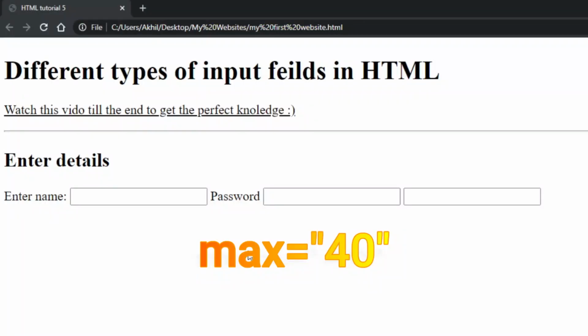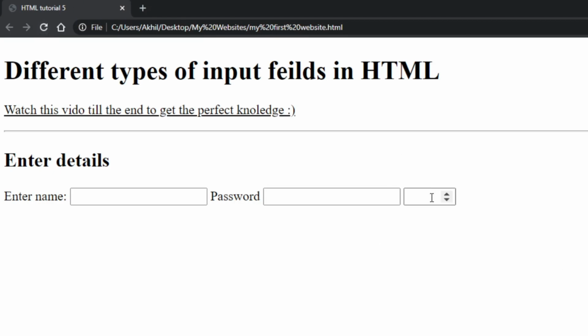Just save it. Let us check the output. Just click on the up key. Observe here it is starting from 20 because the minimal number we have entered is 20, and if I keep clicking on it, it is increasing till 40. Observe, if I click after the 40, nothing is happening here. The 40 is the maximum value. Okay, now I will delete the 40 and I just type 10 here. Observe, it is saying value must be greater than or equal to 20.